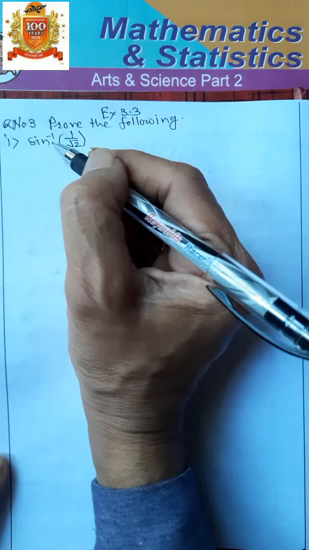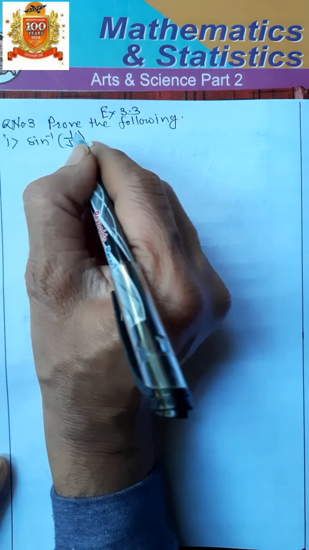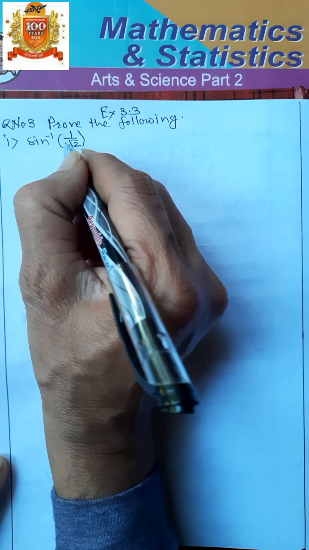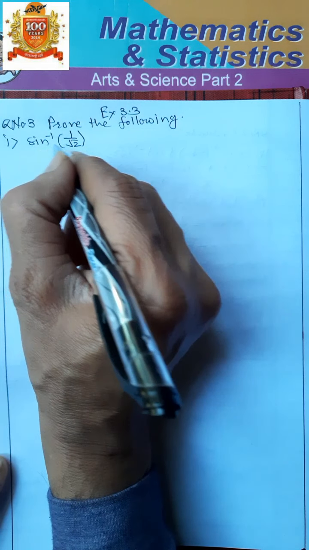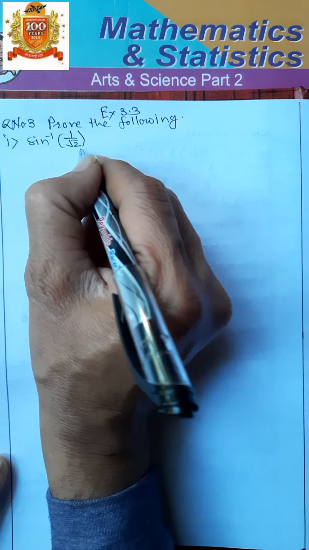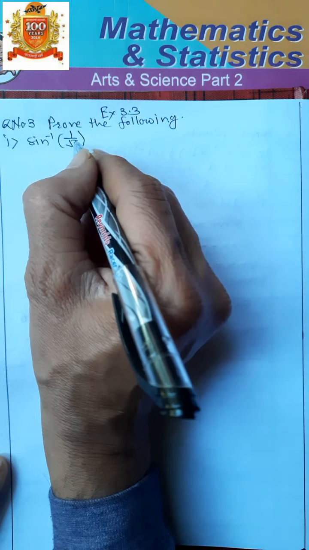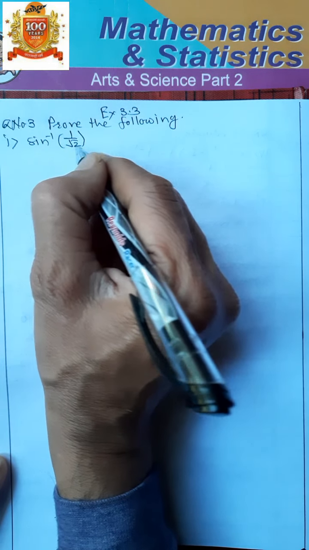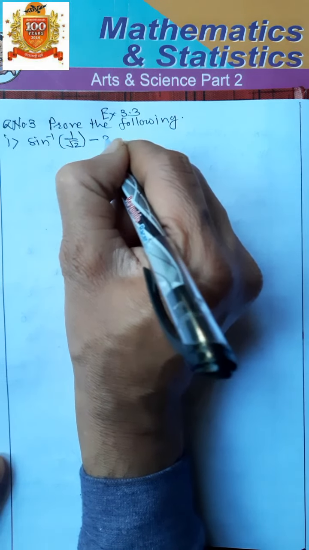There in the exercise minus 1 upon root 2 is given, but there is a correction. It requires sine inverse of 1 upon root 2. Instead of minus 1 upon root 2, we have to write plus 1 upon root 2